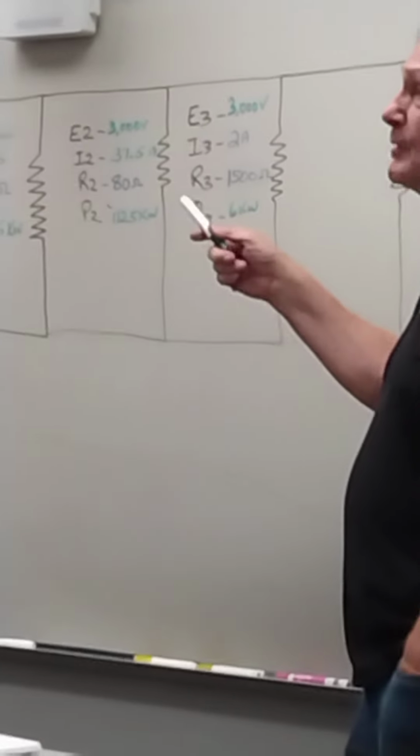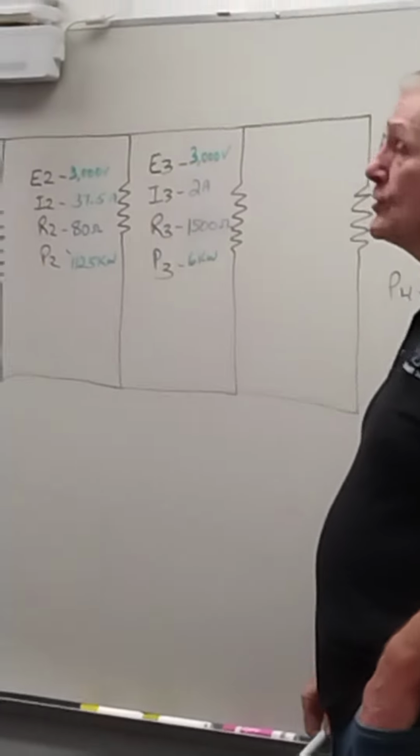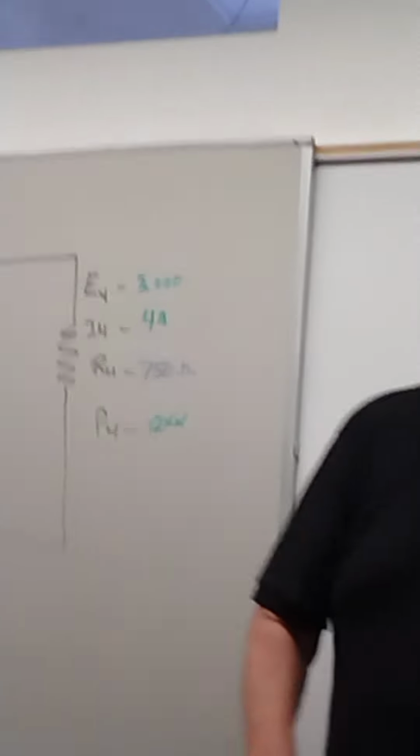So the currents added up to be fine, the power added up to be fine, and it all balances out with my resistance total. So this is another way to solve this. You don't necessarily have to go all the time to your reciprocal formula. Does that make sense to everybody? Okay, now, what's gonna happen here